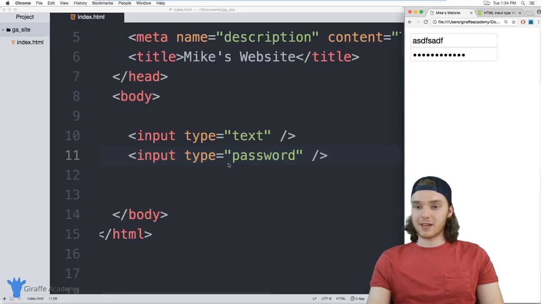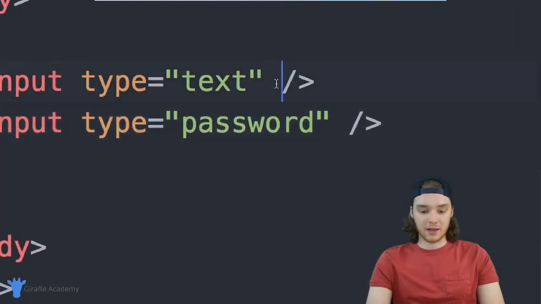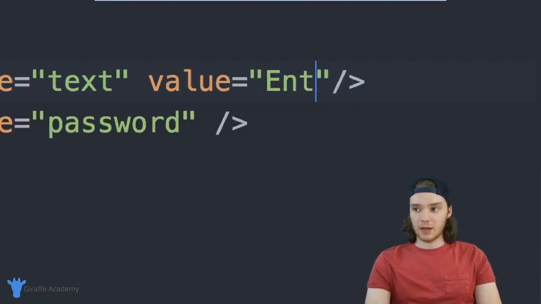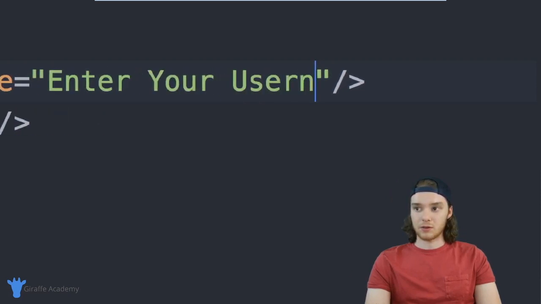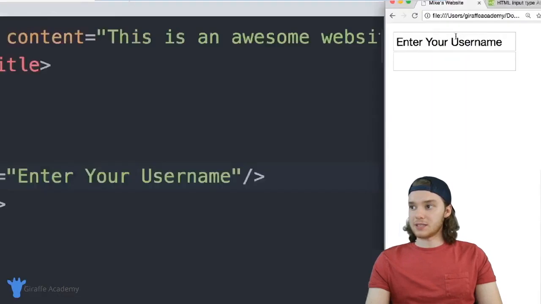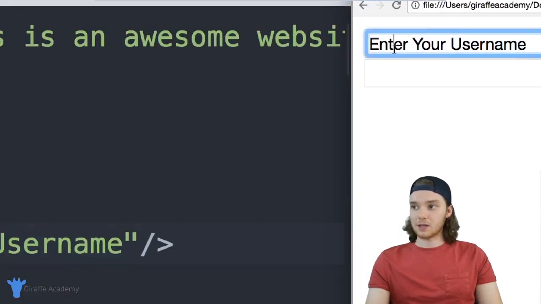Another thing we can do is define default content inside of these text boxes. So I could give this a value attribute, and now we can just define a default value. So I could say, enter your username. Maybe this is a username prompt. And now you'll see that this text is automatically included inside of that text box without me having to do